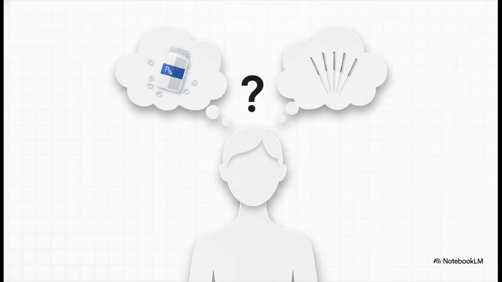Let's make this real for a second. Imagine a 48-year-old female patient in your clinic. She wants to try acupuncture for her knee pain, but she's already taking prescription anti-inflammatories. How do you handle this? Do you just dismiss it outright? Or do you give a blanket yes without checking anything? We really need a structured way to navigate this exact kind of real-world integration.